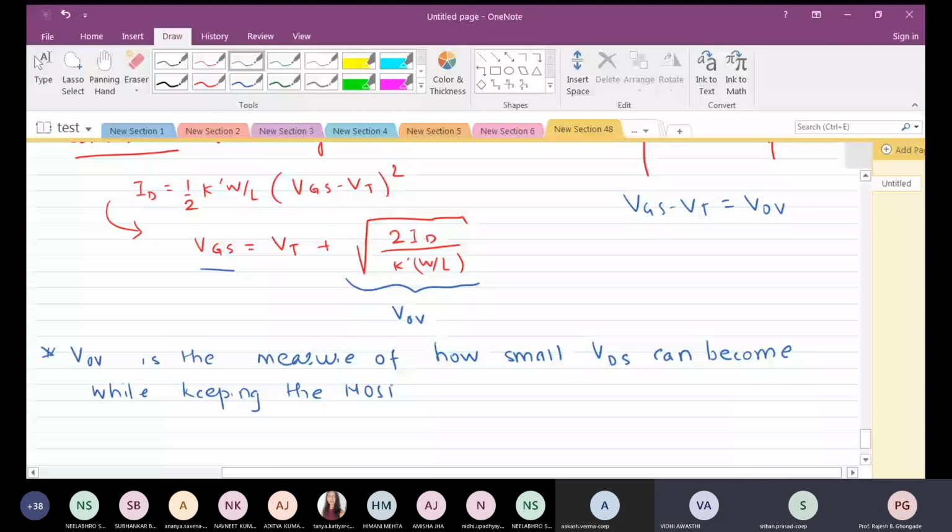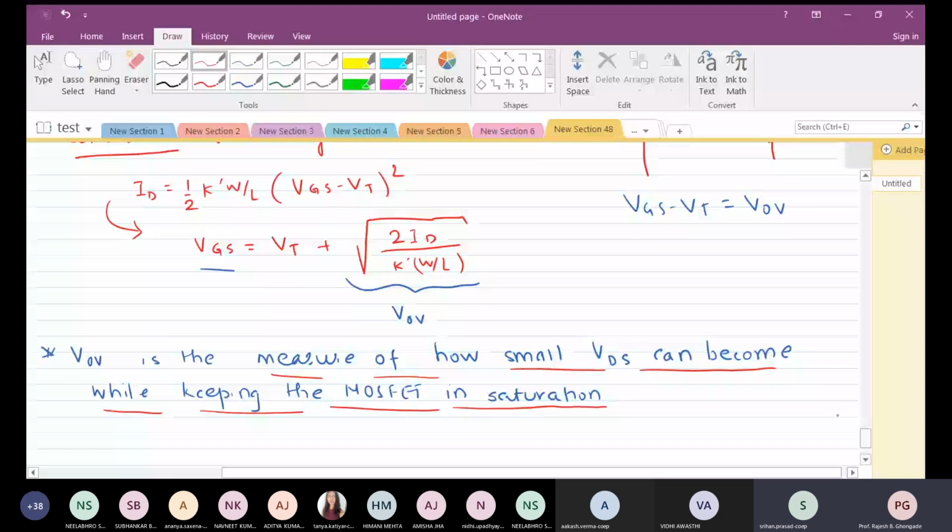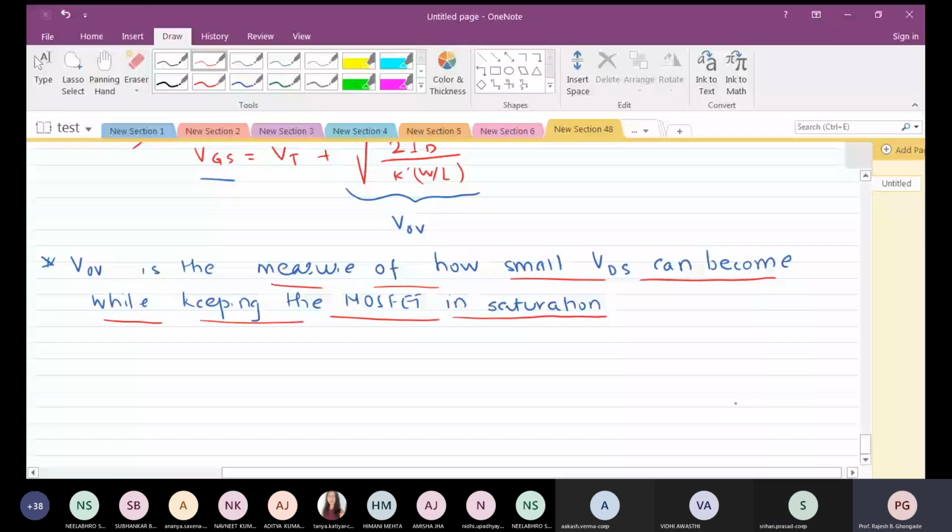This is a very important statement. How small VDS can become. This actually will make it always be there in the saturation. So this is our basic objective when we say biasing of a transistor, means that we have to keep the device in